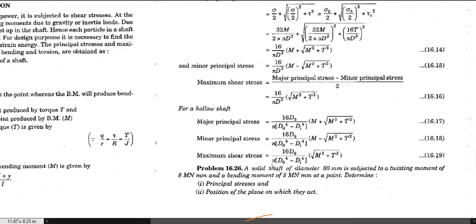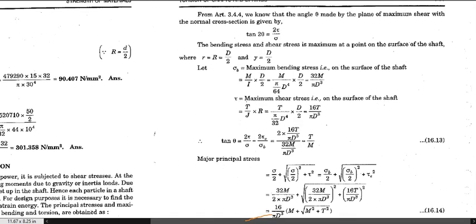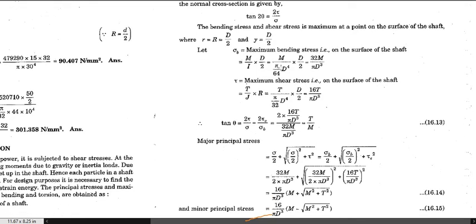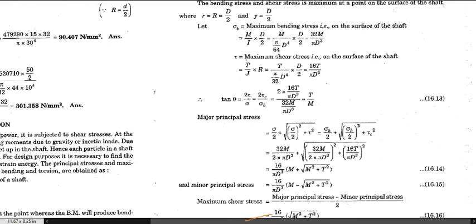So if we work out these two formulas, then we will find that for the maximum shear stress we have to satisfy this formula: tan 2 theta equals 2 tau upon sigma. We know that the maximum bending stress will occur at d by 2, at a distance of y equal to d by 2. So just put these things in the above equation and you will get sigma b equals M over I. Just substitute d by 2 over here and in this equation, and you will get sigma b and the shear stress. Then put this in the formula for tan 2 theta, and you will get tan 2 theta equals 2 T over M.